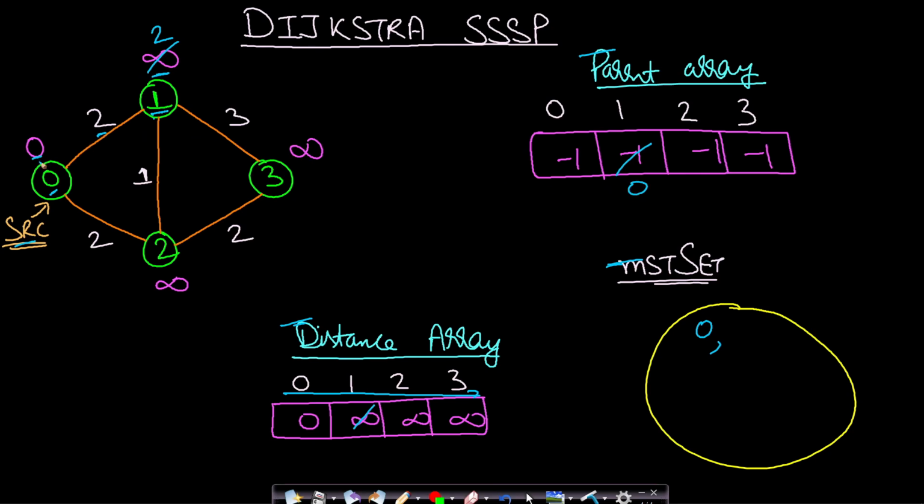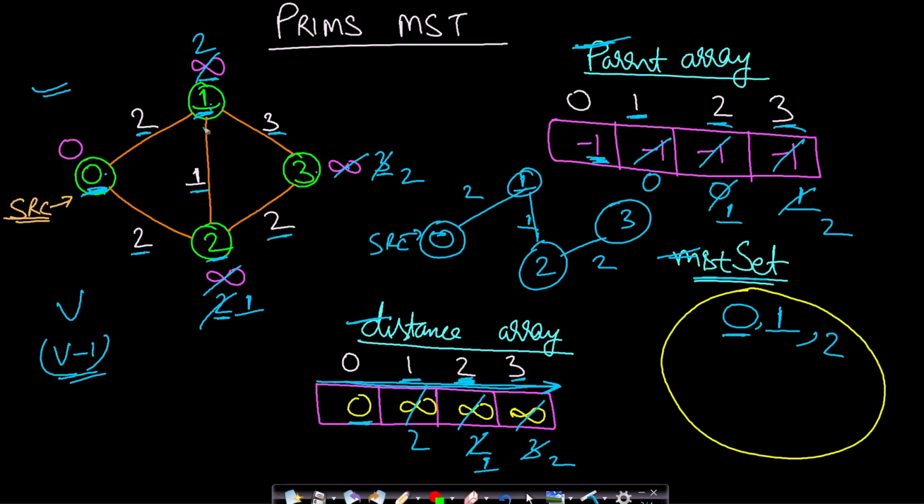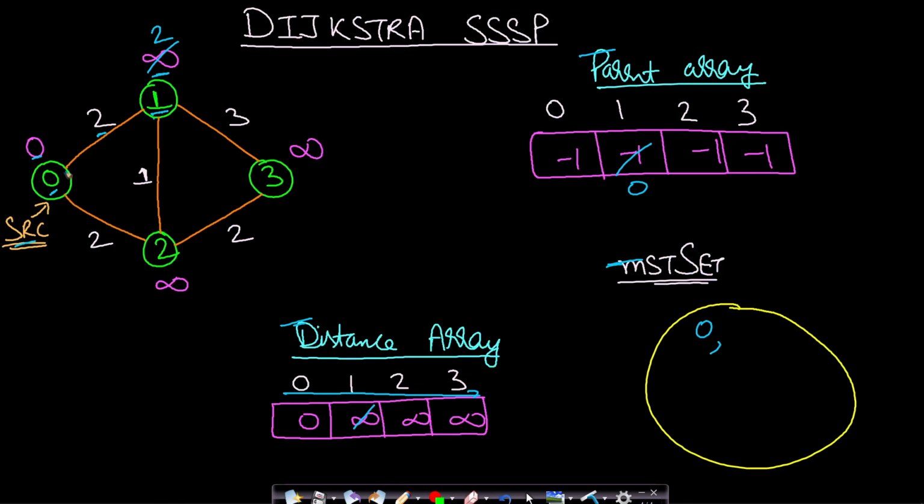So you will see that here the distance value is calculated from the source and not just the edge weight. But in the MST case, what was happening? We were just comparing with the edge weight. We were not taking these values into account. So Dijkstra will take into account all the values from the source node till the ending node via the node from which we are relaxing. Okay, so let us just flow through the algorithm and you will understand it.